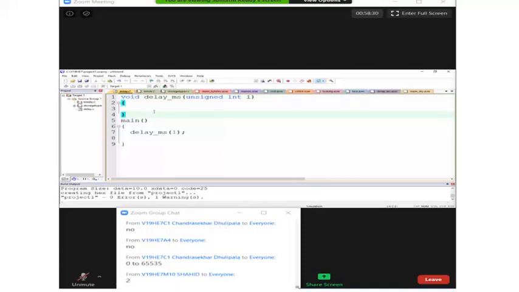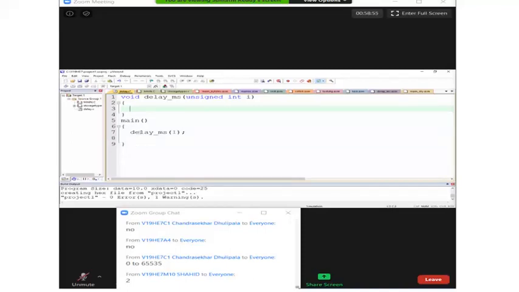Now, my expectation is, when the processor calls this function and control goes to this function, then by the time it comes out of this function, 1 millisecond time should be completed.